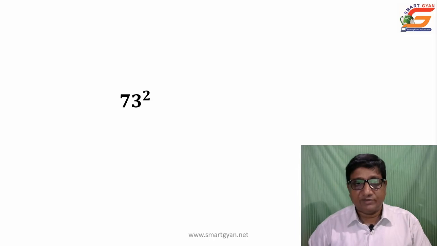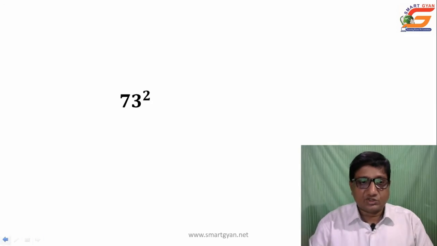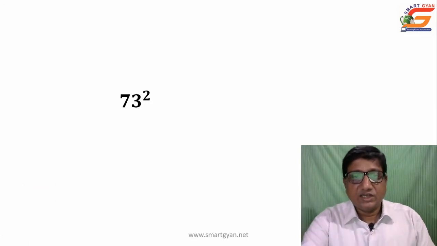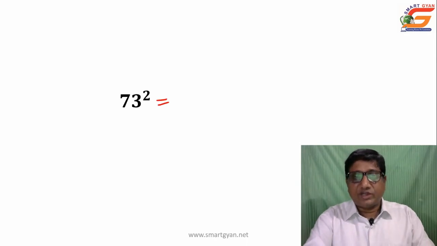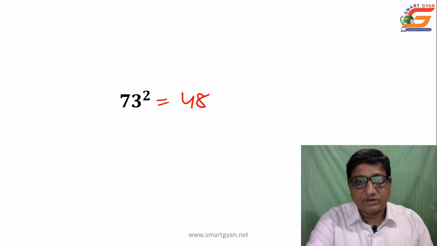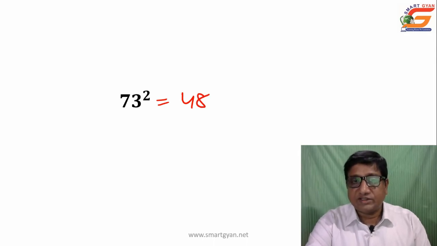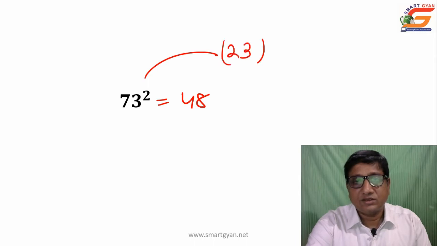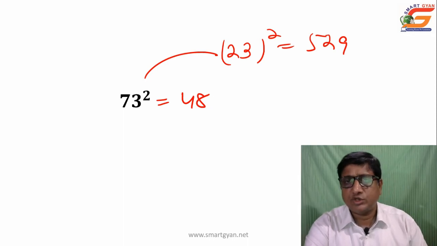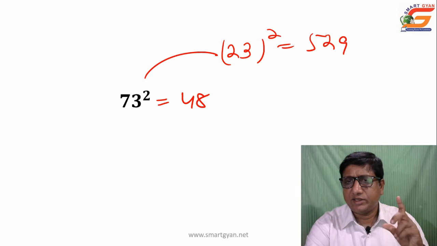with the same trick, we can apply it to numbers from greater than 25 to 75. As 73 is less than 75, we can apply it here also. Let us see how. That is the same, 73 minus 25, that is 48, is your left part. Then 73 minus 50, that is 23. 23 square is 529. Here I am writing for your convenience, but you are not going to write anything. You have to carry it mentally and calculate also mentally.